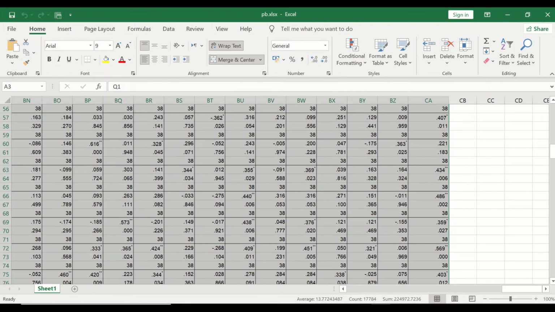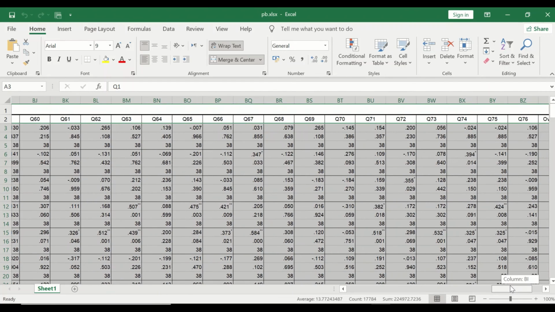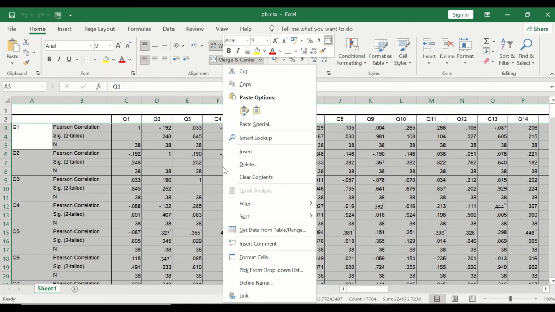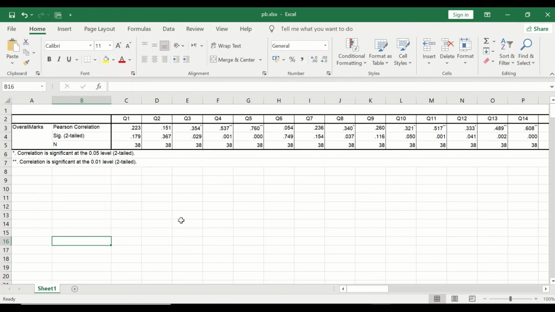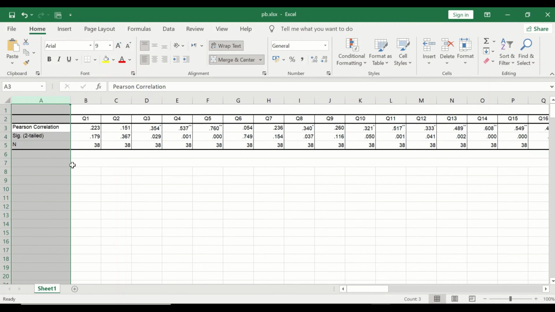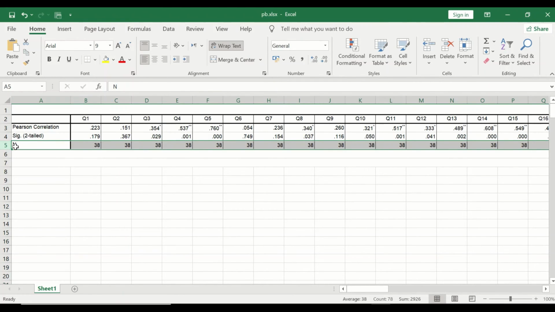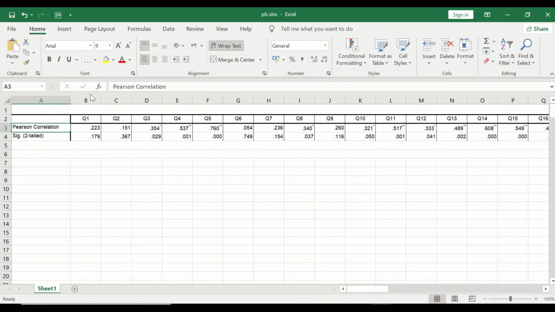Let's make sure I have everything here set up correctly. So if I right click, select, and then right click and delete, and then click on OK, I will have here the correlation between questions, the value of the correlation and the significance. So I'm going to get rid of the first column and get rid of the last column as it is the number only, and I'm going to rename this,